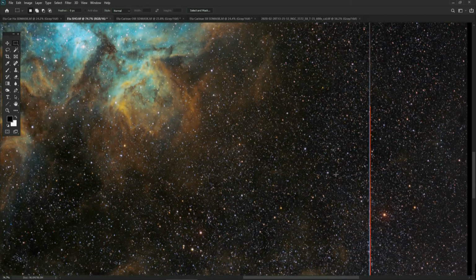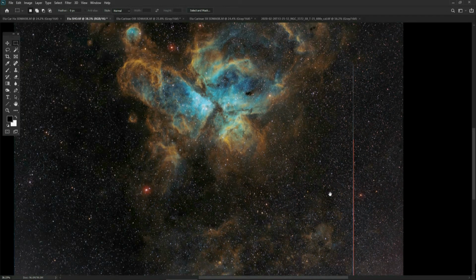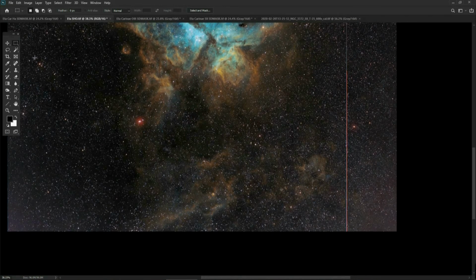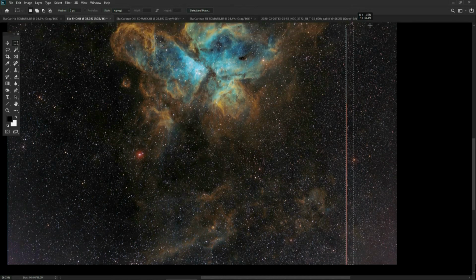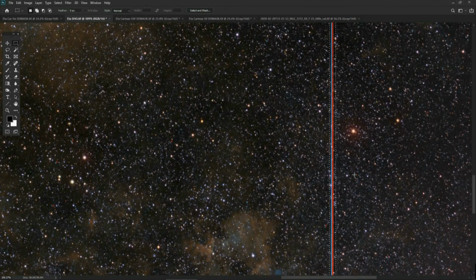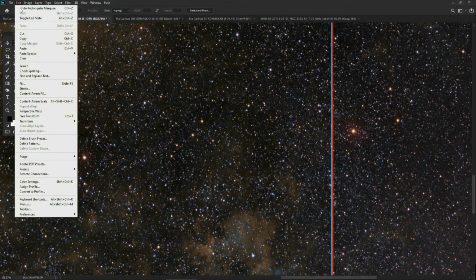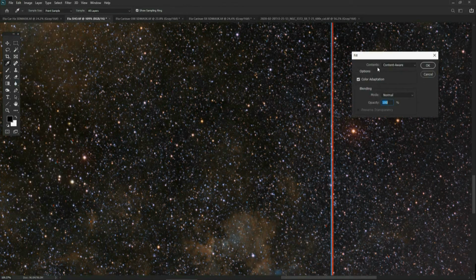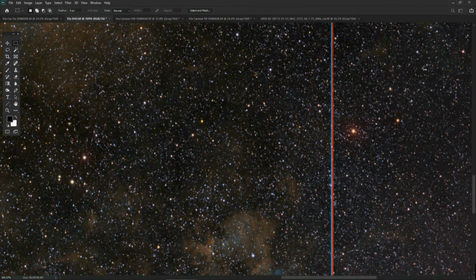So the good news is we can actually just use the same technique as before. We call up the selection tool, and draw a selection around the worst of the column defect. Again, we can make it a little bit bigger than the actual defect. I'll hide that once again using Control H, and this time we'll do the same thing again, just call up Edit Fill, remember the content aware setting, click on OK,